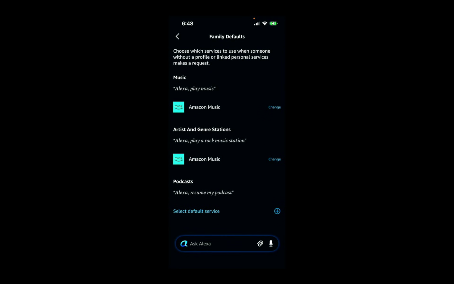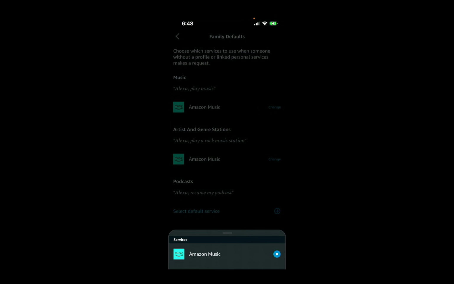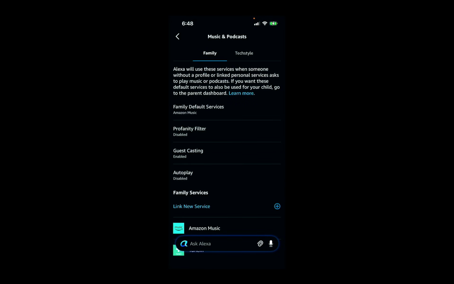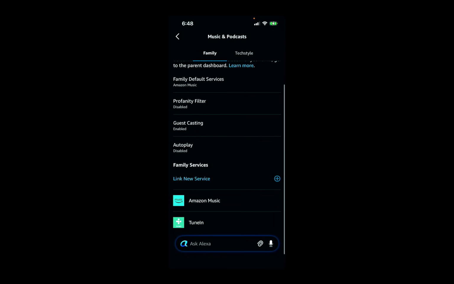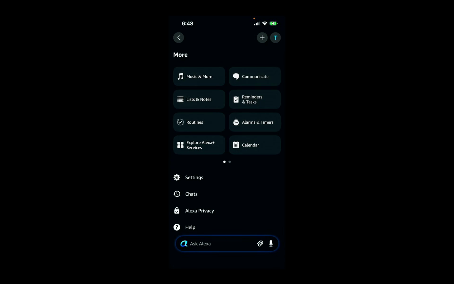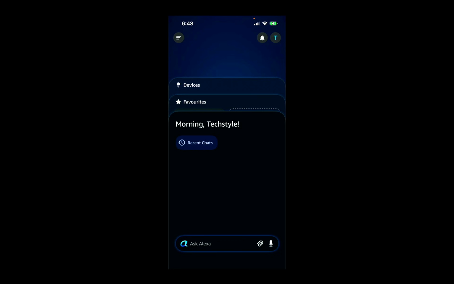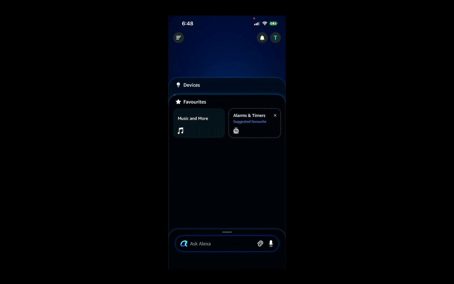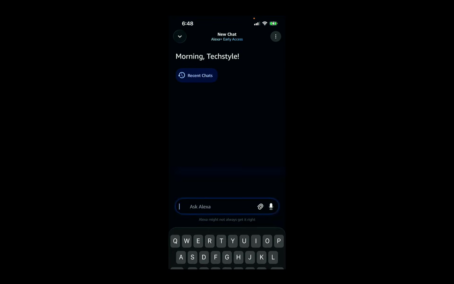You can also play music directly from the Amazon Music app and send it to your Alexa speaker. Open the Amazon Music app, start playing a song, then tap the Cast or Connect to Device icon. From the list of available devices, select your Alexa-enabled speaker. For this to work properly, both your phone and your speaker should be connected to the same Wi-Fi network, and both apps should be using the same Amazon account.